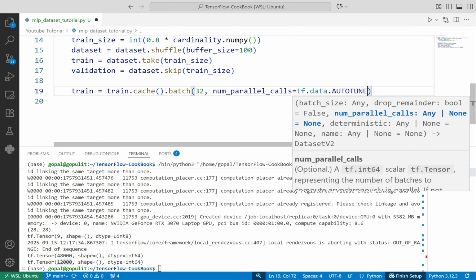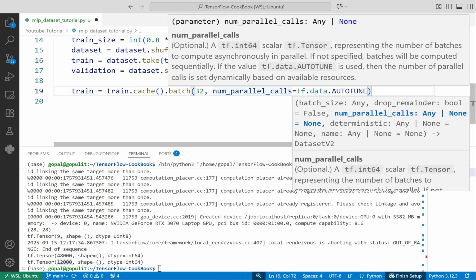Now there is one thing I added here, num_parallel_calls. What is num_parallel_calls? You can imagine it as a sort of parallel operation. It represents the number of batches to compute asynchronously in parallel. If you don't provide this argument, these batches would be created sequentially, one by one.